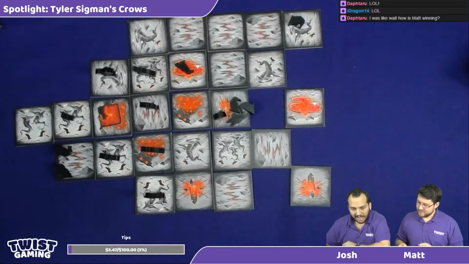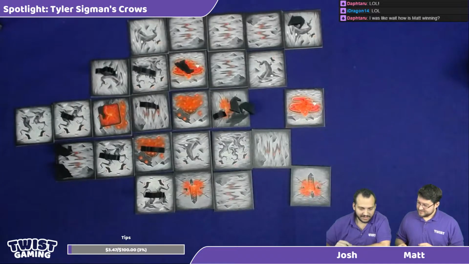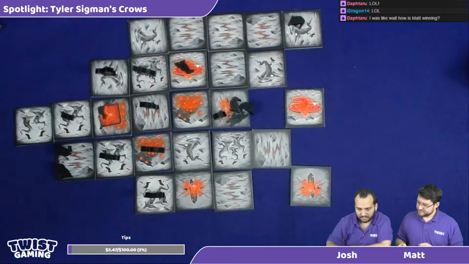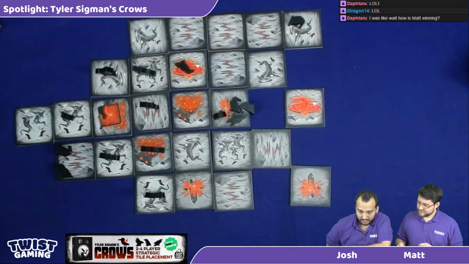Yes. There's a lot of interesting moves on the table now. There's still this group of 4. Yeah, there's a lot of good moves. There's a line of 3 here, a line of 4 there. If you go right there, you get all the crows. So I'm going to...